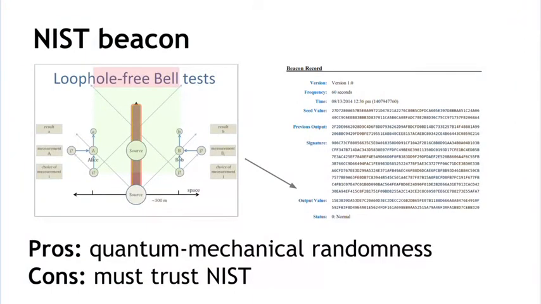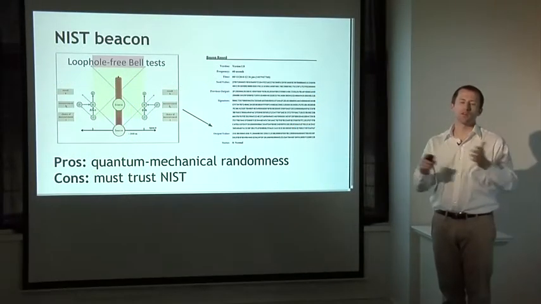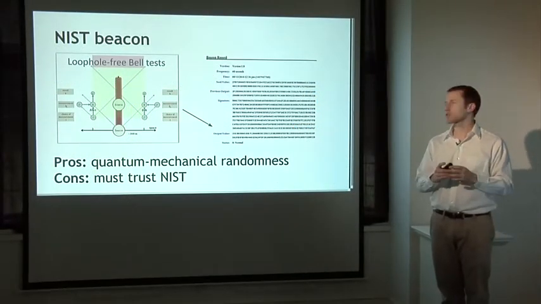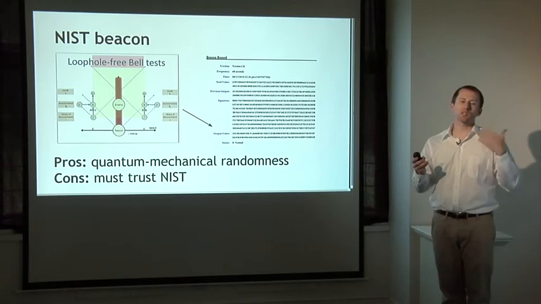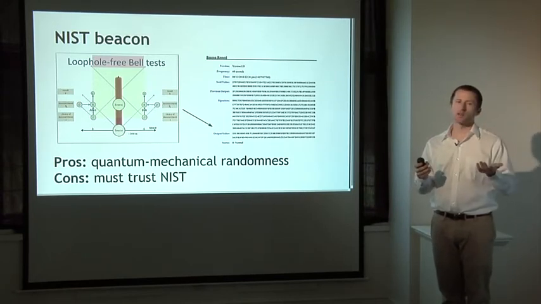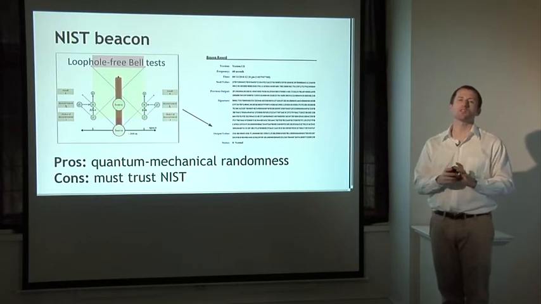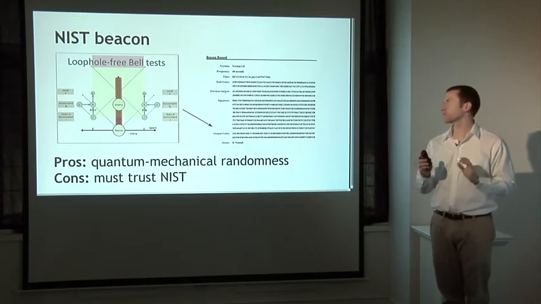So the National Institute of Standards and Technology, NIST, has started in the last few years to run their own beacon. And the way they generate the random numbers is through a very complicated setup involving two entangled photons that gives you very strong guarantees that you have randomness generated from a quantum mechanical phenomenon. And if you believe the Heisenberg uncertainty principle and other basic core tenets of physics, then this should be random and nobody can predict it. And NIST has set this up as a machine, so every 60 seconds they publish a lot of random data and they sign it. So this is probably the most efficient thing to use. They just have a feed on the web. You can listen to their server, broadcast this stuff, and get all the randomness you want.